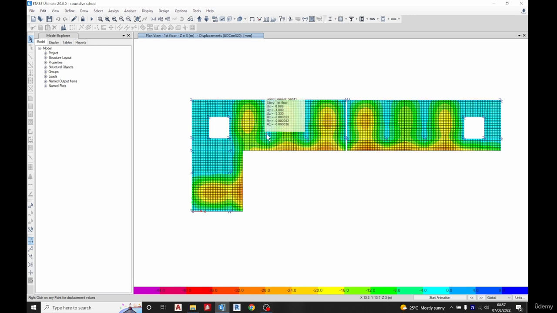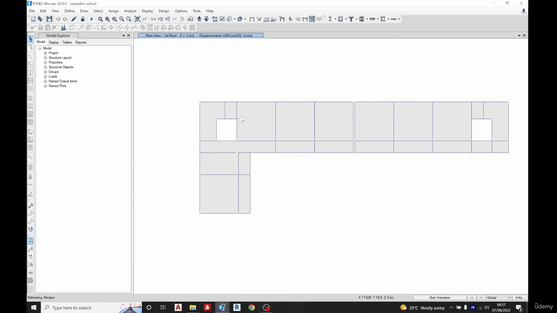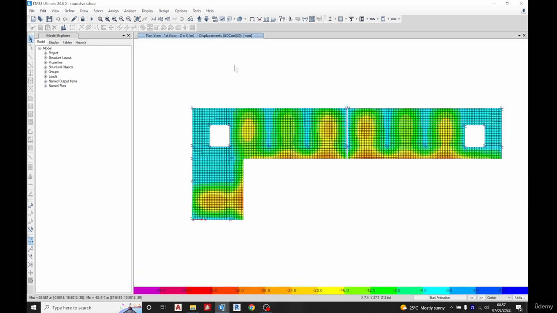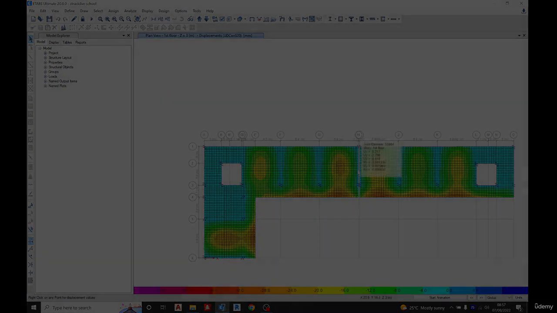So now the code has told us, because this place is cantilevered, so we still have some permissible limits, but for this place the code has told us that it should not exceed L by 360 or L or 20 millimeter, and we know our span from here. Let me turn this off, okay, press D, and we know our span is about 6.9 meters. So we have 6,900 divided by 360, okay, so it's about 19.16. So it means we are still within the permissible limit of this